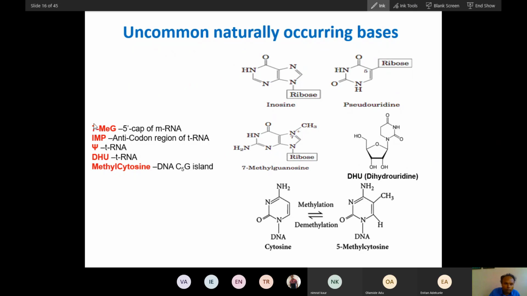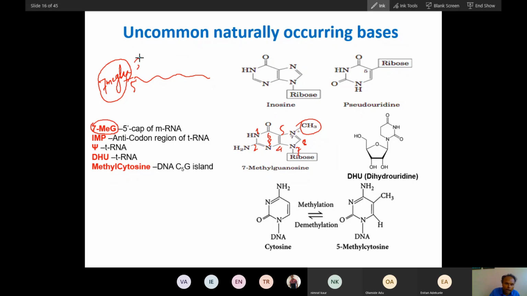Let's see one very important nucleotide that is present on mRNA. The mRNA cap at the 5' end has this 7-methyl guanine. So you can see here, this is 7-methyl guanine. If you number this, the number starts from this: 1, 2, 3, 4, 5, 6, 7, 8, 9. Now at the 7th position there is a methyl group. So it is a modified form of guanine. This 7-methyl guanine is present at the 5' end. It is attached. This 7-methyl guanosine nucleotide protects this mRNA.